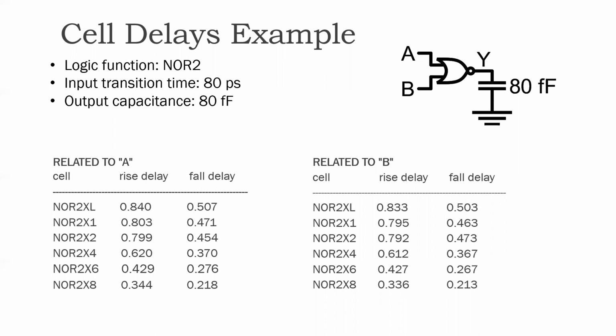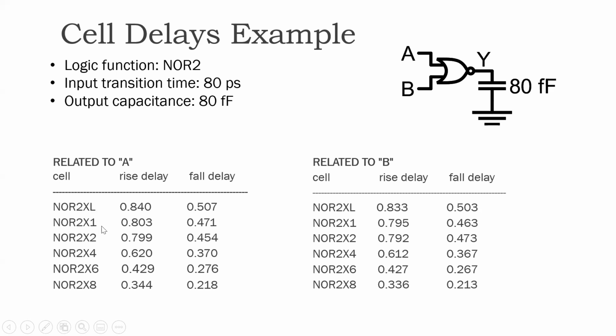So the table on the left is the delay from A to output. You have to imagine that B is at 0, A is transitioning, and the table on the left tells us what the delays are from A to Y. Okay, Y is the output. This is when the output capacitance is 80 femtofarads and A is transitioning with 80 picoseconds. And what you see here is in this library there are multiple 2-input NOR gates with different drive